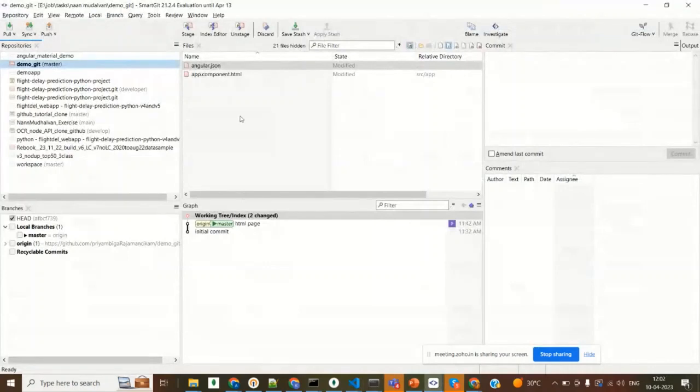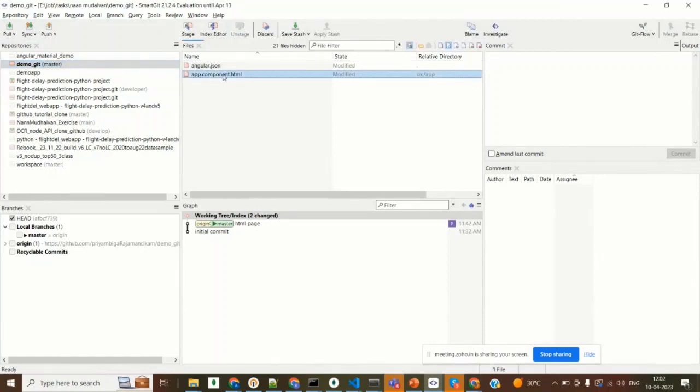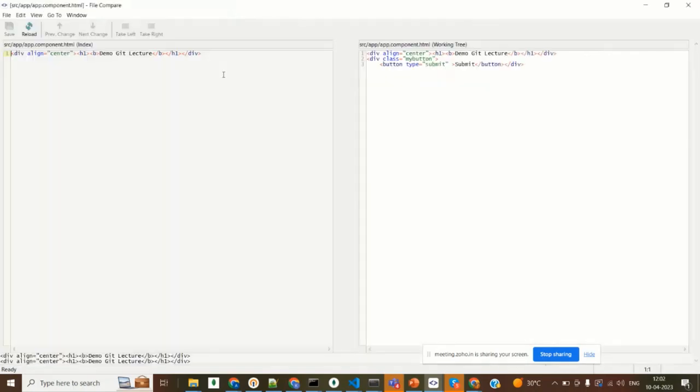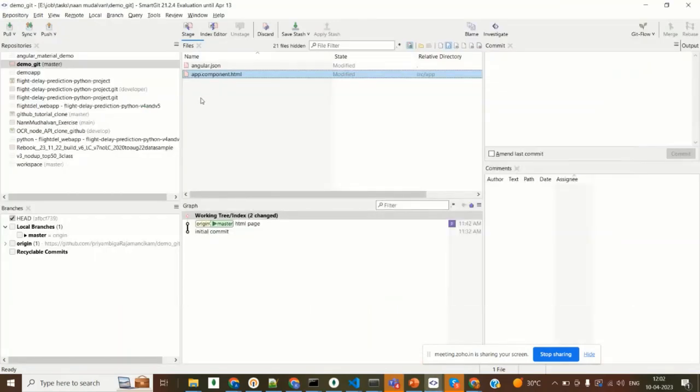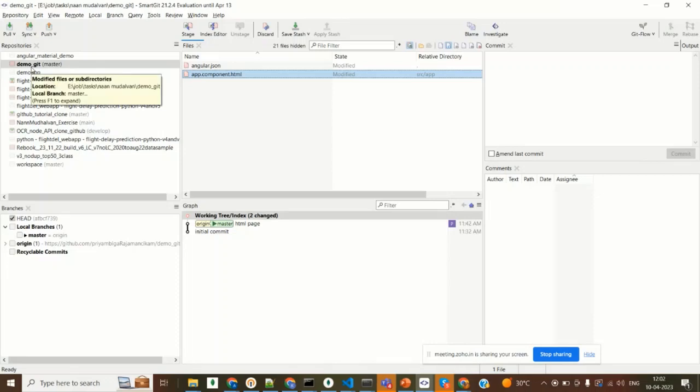You can see here, there are two changes in the Angular JSON and also in the component HTML. Whatever changes I'm doing here will reflect. So this is the old code, and this is the new current working tree which I am doing. It is reflecting in my SmartGit because